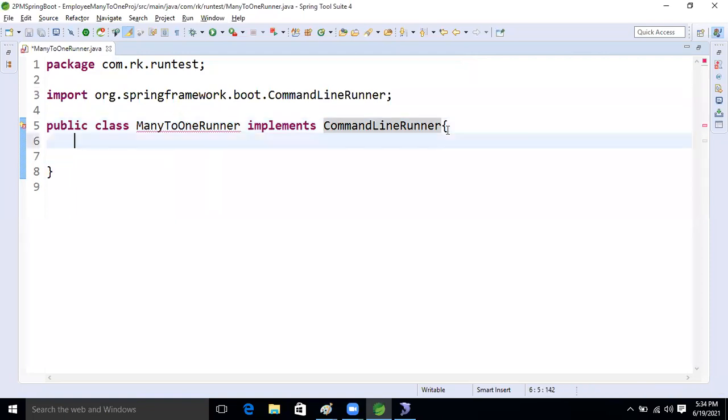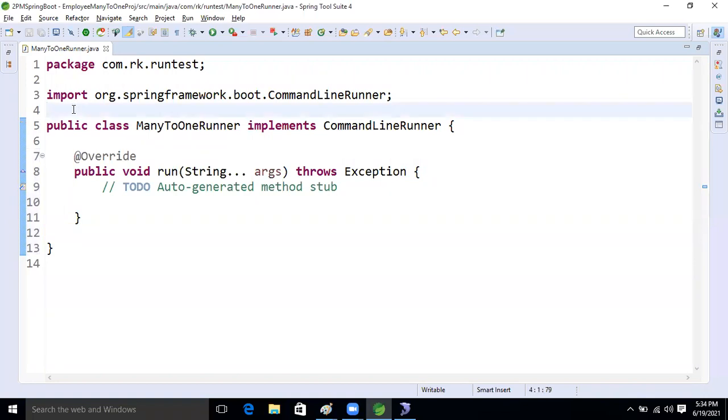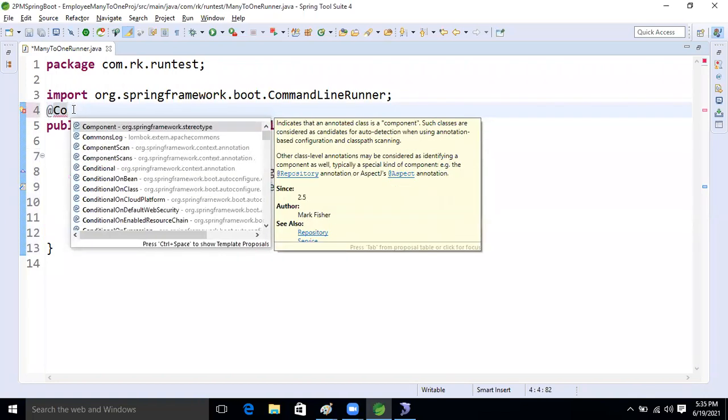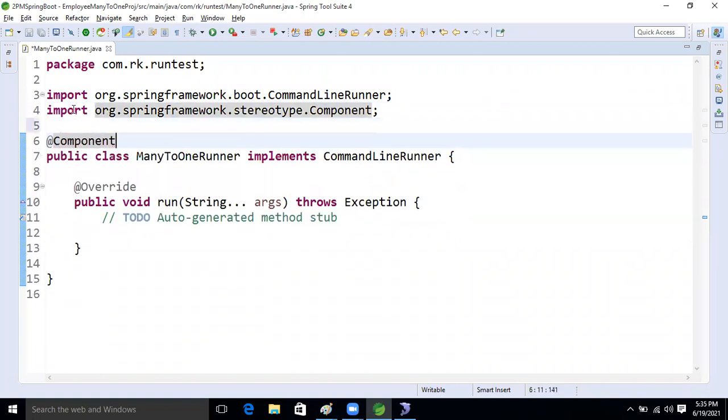Inside it one abstract method is there, the run method. So how will our IOC container create the object? @Component. Okay, good. So now everything is completed.